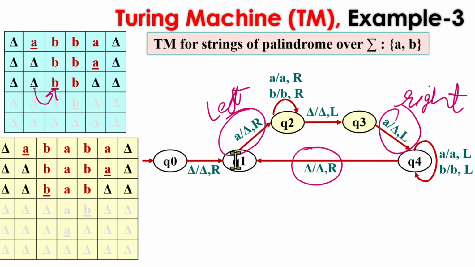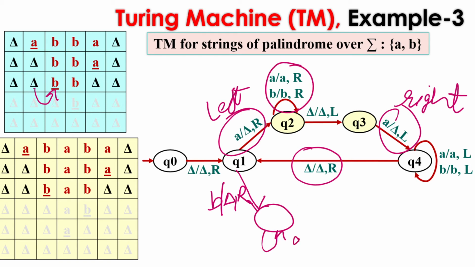So from Q1, if the next symbol is B, we will have a separate path where we start with B, replace it with null and keep moving to the right. The same loop will be iterated here. We will be moving to the right only, replacing the symbol with the same symbol and keep moving to the right until we get the blank, and then we can start moving to the left. So the entire process is the same, we just need to define a separate path. So here is the